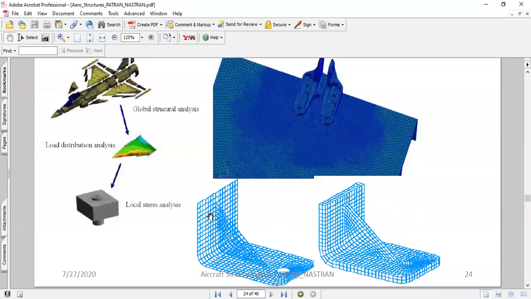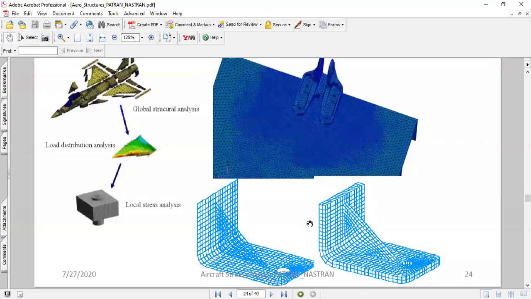You see what I mean? In those scenarios, you could model the bracket with 2D elements, because modeling it with 3D elements would take higher computational time.